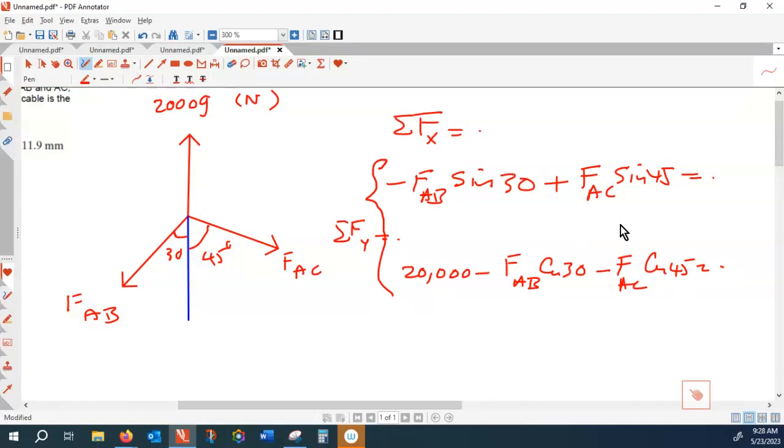So now you have two equations, two unknowns in terms of FAB, FAC. From one equation, you find FAB and substitute that in the second equation, and back substitution gives you the forces. If you solve these two simultaneous equations, what you find is FAB is equal to